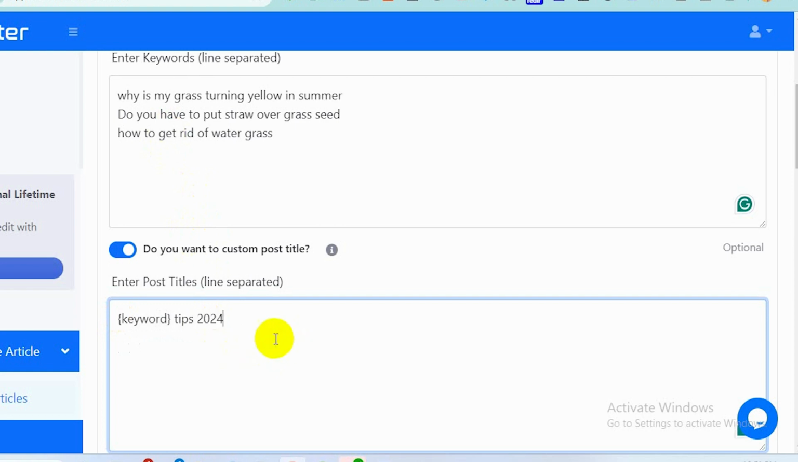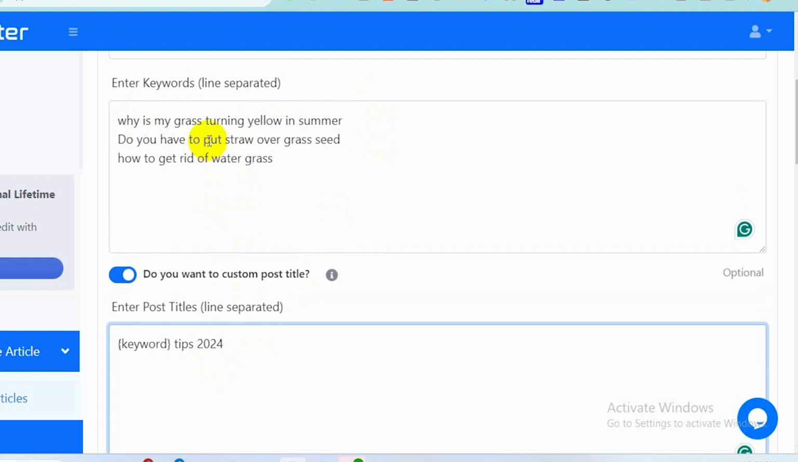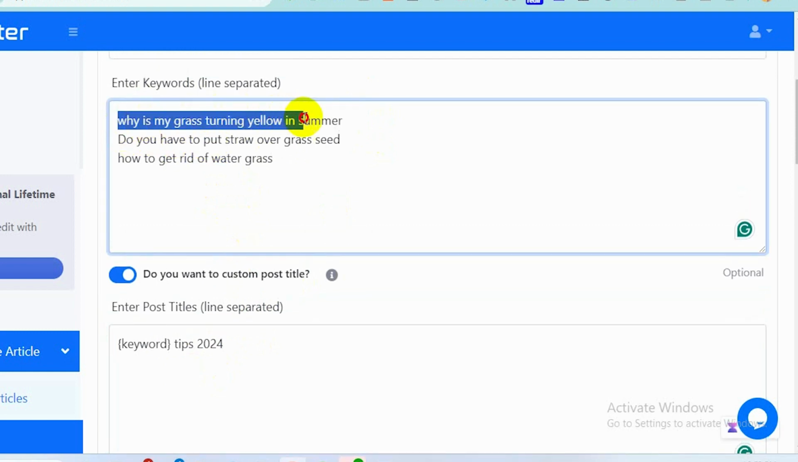2024. That means after each and every keyword, like these three keywords, it will take our number one keyword, number two keyword, and number three keyword, and automatically add the words tips 2024. So when this content is published on my website, the entire title of this content will be, why is my grass turning yellow in summer? Tips 2024. And for the third one, it will be how to get rid of water grass tips